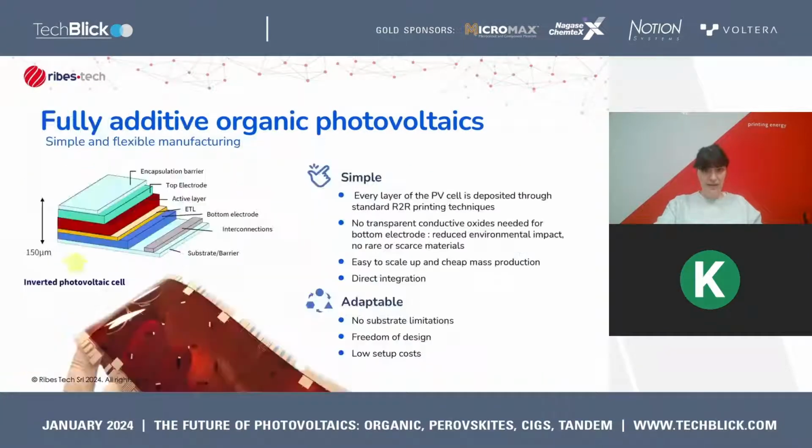And coming to Ribestech OPV devices in particular, we always strive to keep the process as simple, flexible and adaptable as possible. Therefore, we chose to stick to a fully additive manufacturing, meaning that every layer of the PV cell, here you can see a generic sketch of an inverted organic cell and all the layers that compose it, is printed through standard roll-to-roll printing techniques directly on the substrate of choice, and each layer is patterned directly at the deposition stage, meaning that we can minimize the number of production steps needed. There's no additional patterning